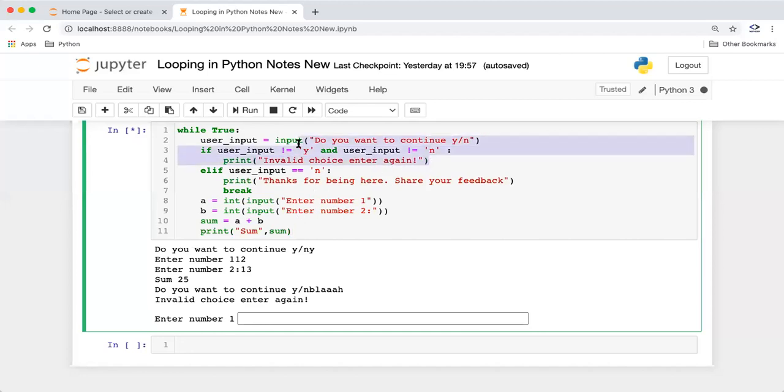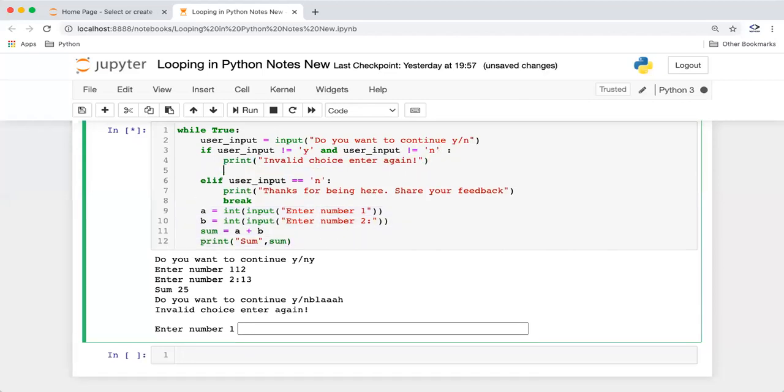So guys, when the user is entering this invalid choice, we don't want to go with this, right? What we want is to go again to the loop condition, which is do you want to continue? So we'll just use continue here, because once we write continue, it will skip the rest of the code and go to the first line of the loop, right? We know whatever choice is entered by the user is not valid, and we cannot go with the rest of the program, because our program is not expected to work when the user has entered an invalid choice. So we can just use continue here.